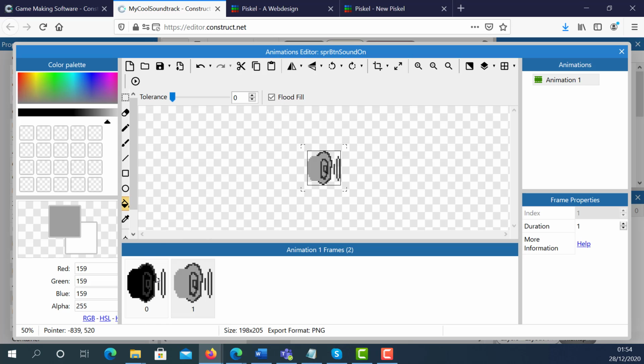Okay, so this will be the original state, and if you hover over, it's going to go to this frame basically. Just create a little animation there. Okay, I'm just going to exit this now,